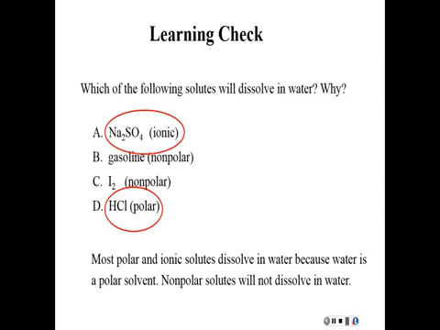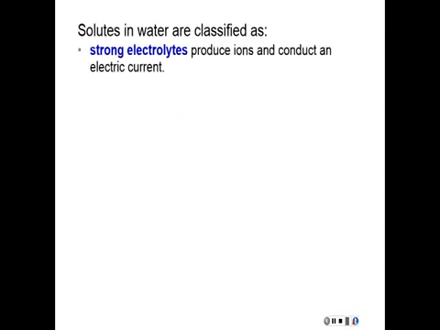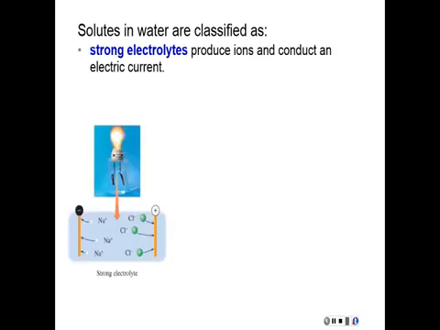Okay, let's continue on. So now we're going to talk about the solutes themselves. We have three basic types of electrolytes. We can have strong, weak, or non-electrolytes, and we can put solutes into those categories. So a strong electrolyte is one that produces a lot of ions, and because of that, the water solution will